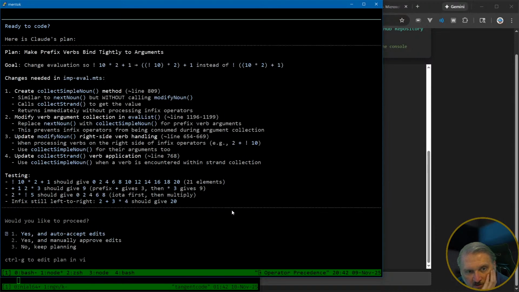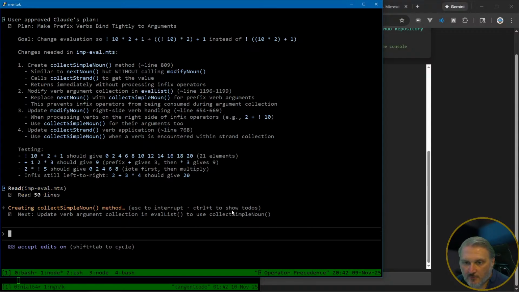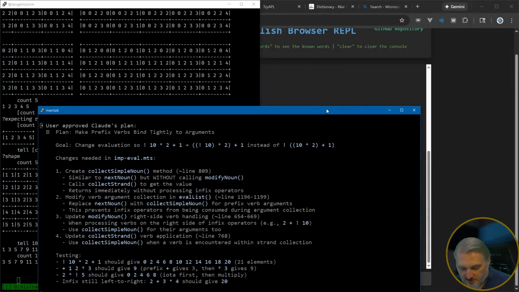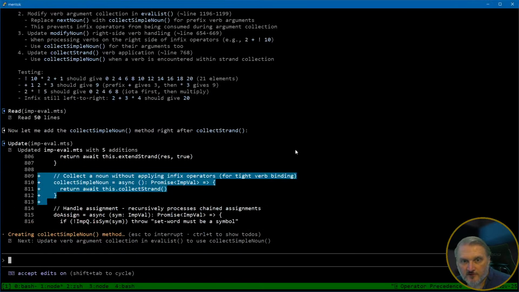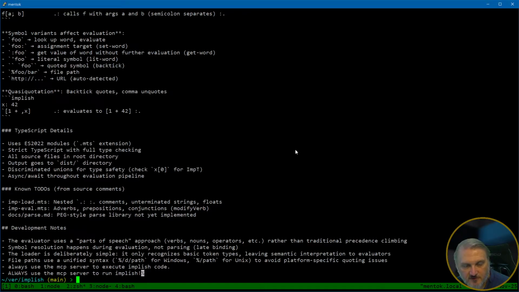All right, I'm just going to go ahead and auto accept the edits. Sometimes I watch it pretty closely, but sometimes I don't, because I don't really care about this code. I don't care what it generates. I'm prototyping the language. I want to know what this language is like, right? I want to know what it feels like to use this language. Although I do care about whether it passes the tests. And some of these tests are obviously going to fail now because once it changes code,